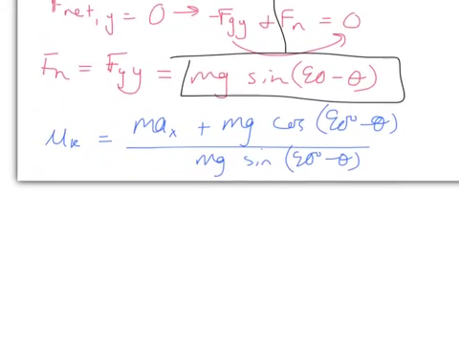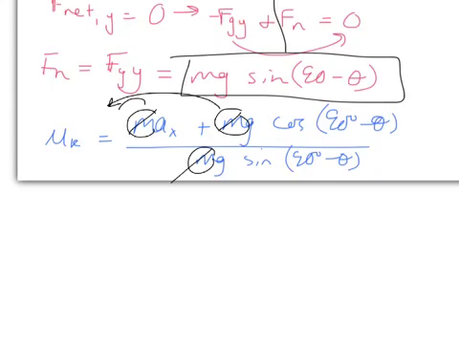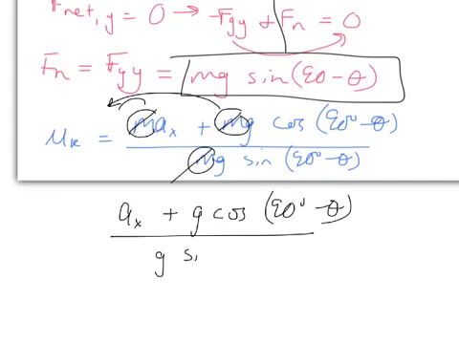So for this problem, since m is in all three terms, remember, it's in both terms in the numerator, we can technically factor out m in front. And there's m here, they all can just cancel off. If you can't see that, factor out the m on top, and then cancel the m on the top and the bottom, but they all drop off. So our final solution is ax plus g cosine of 90 degrees minus theta,